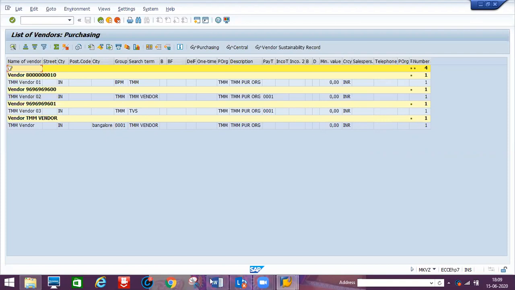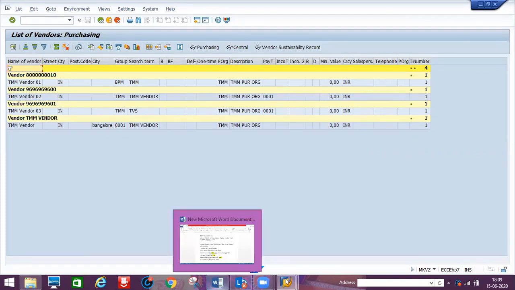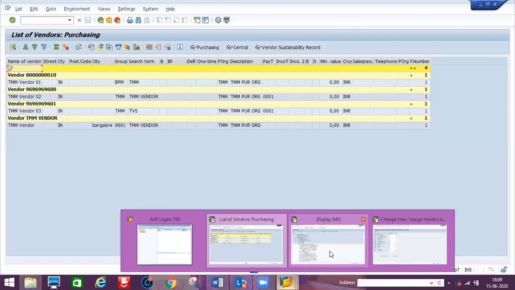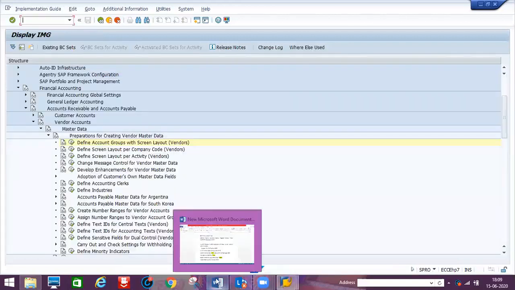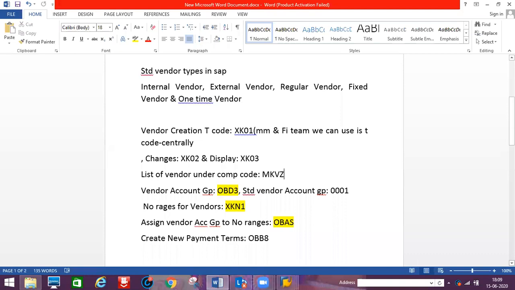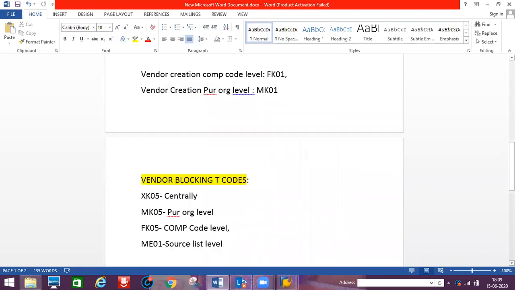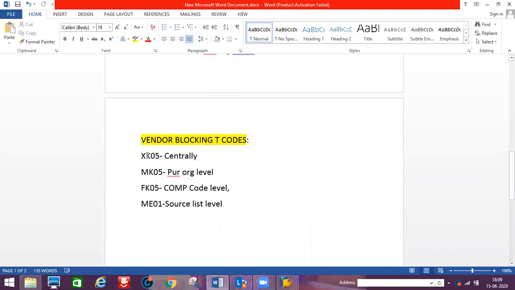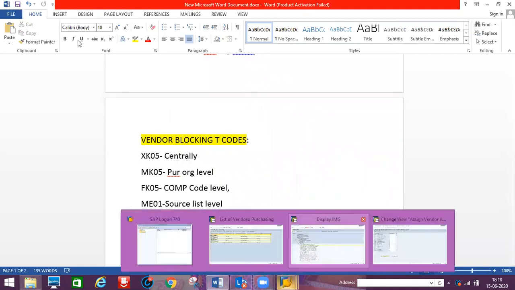Blocklist means we can't do transactions with that vendor. Blocked means blocked. See, again, I will tell you for what purpose we can block the vendors. For example, this is XK05. If I go for this XK05,